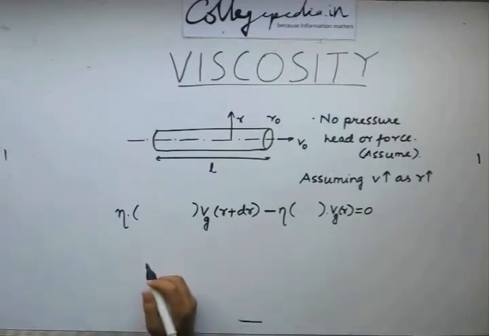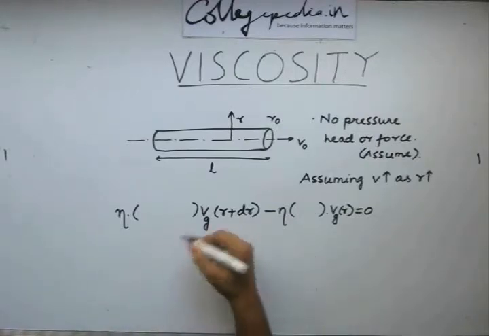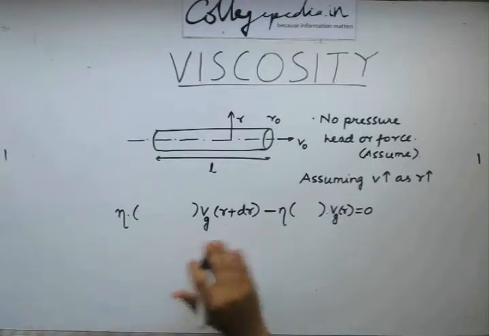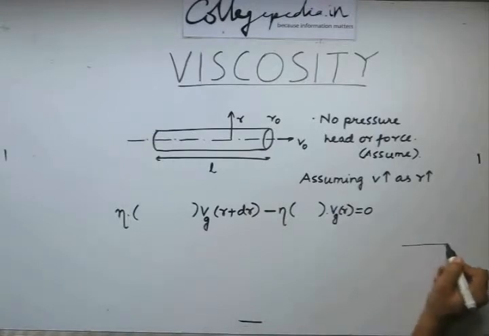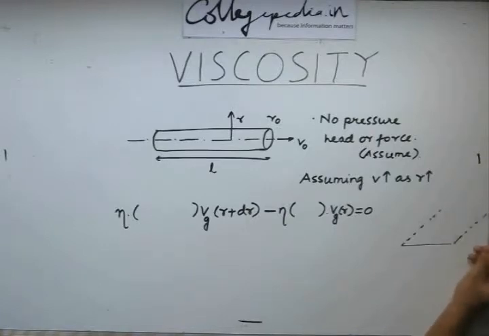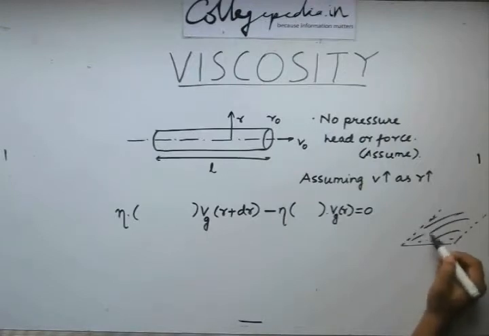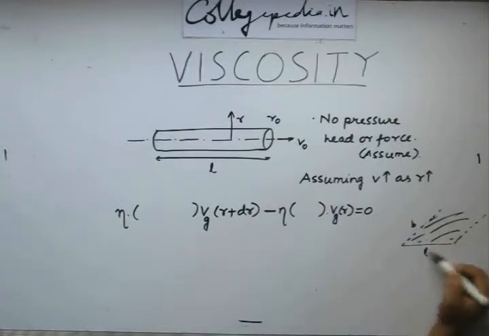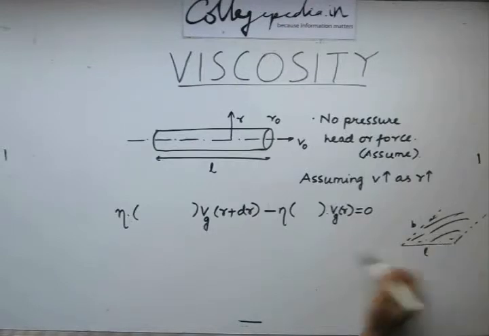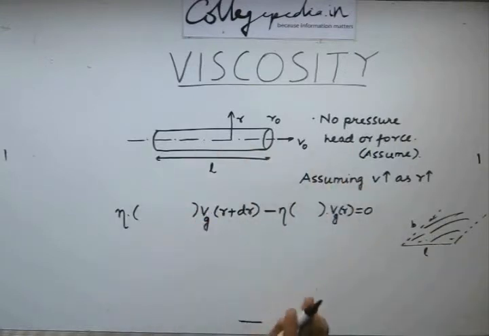Initially, when we considered the case of a flat plate, what we ended up having was equal area of contact. That was because we considered a flat plate of this sort and we assumed that it was infinitely large on the other side. So if we have fluid on this surface, say this is B and this is L, then we will have an area of BL. Note that this area is going to be the same for all fluid layers on top of this layer. But in this case, this will not be true.